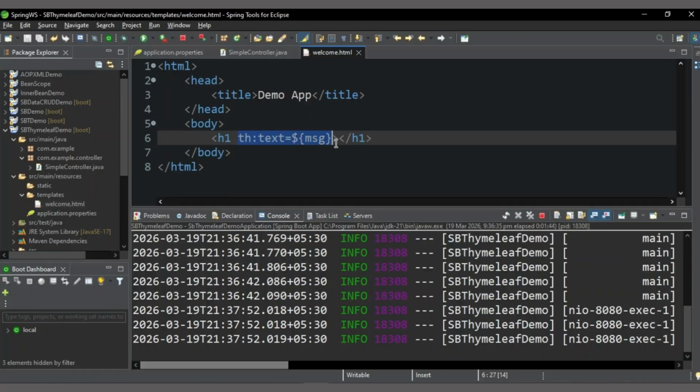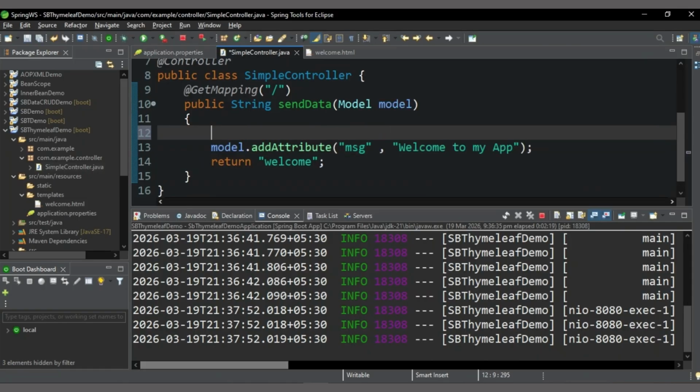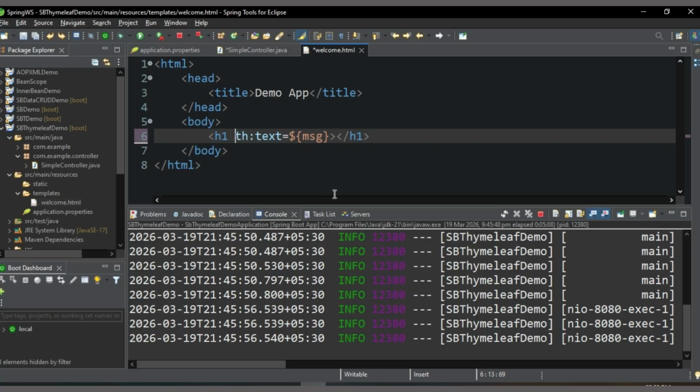Now I am going to create an array of elements. An int array, named array, equal to, I am providing some values, just 3 values. I am going to pass the attribute as a value. Here I am passing the value as ARR. Now save the changes. This is an array, right? So we have to iterate all the elements. For that